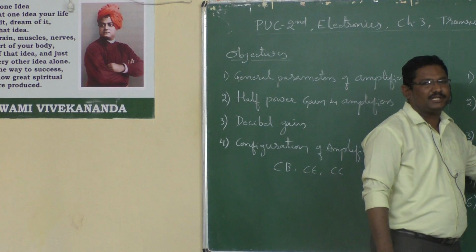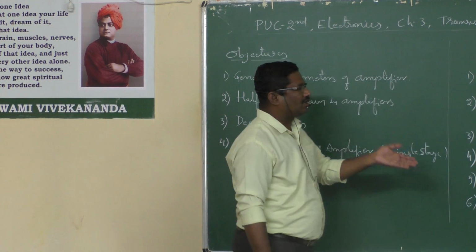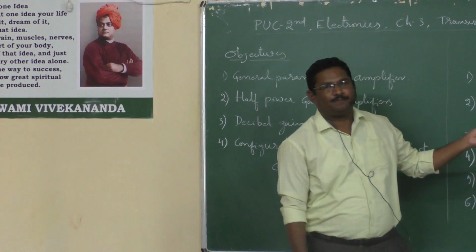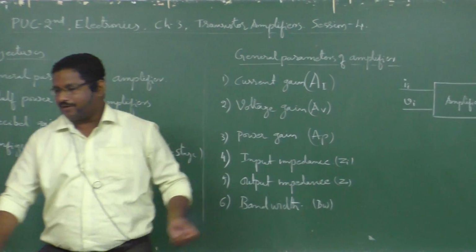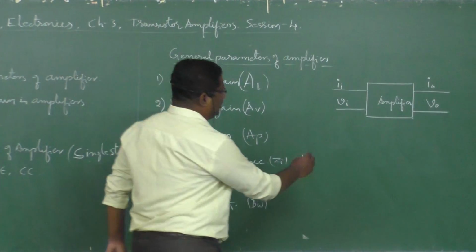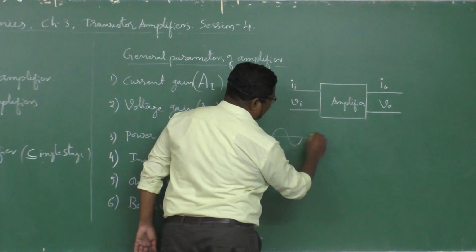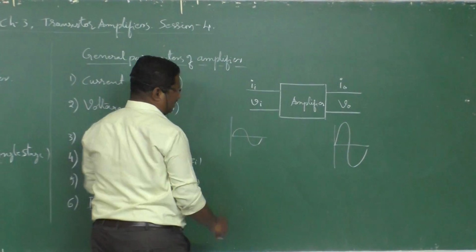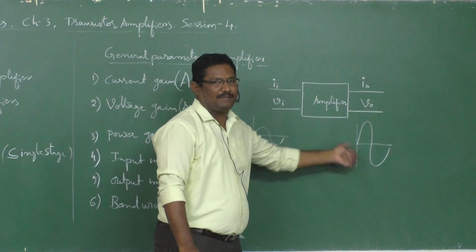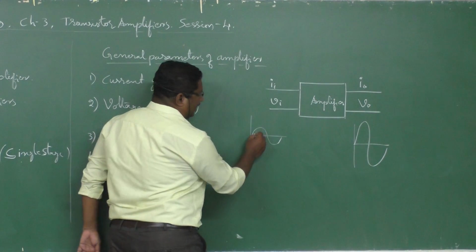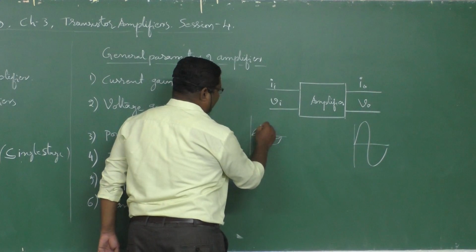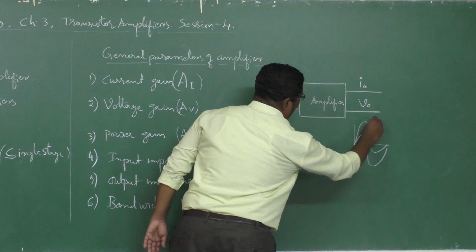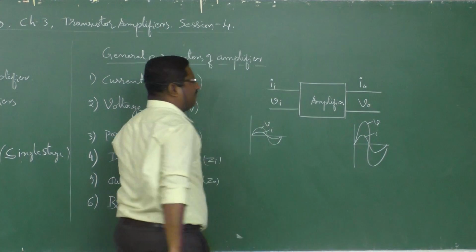If you consider any amplifier, the basic function of the amplifier is to amplify the signal. If you give a smaller input signal, it has to come across the output as an amplified version, if it is not changing the phase. It may be a voltage or a current, and the amplification takes place like this.